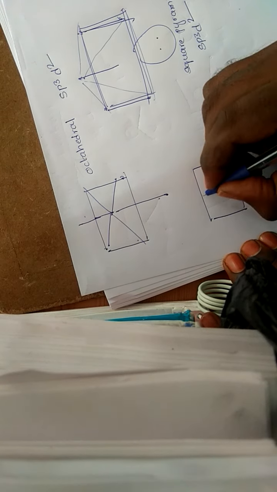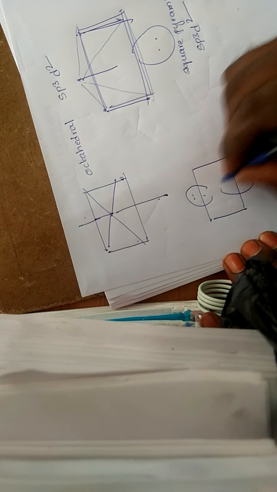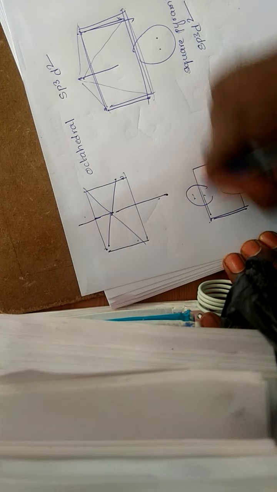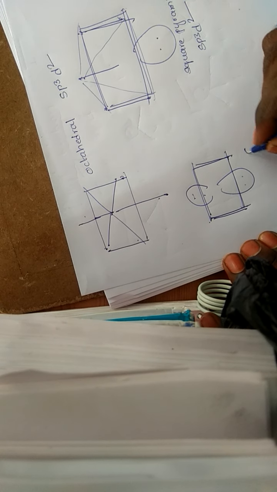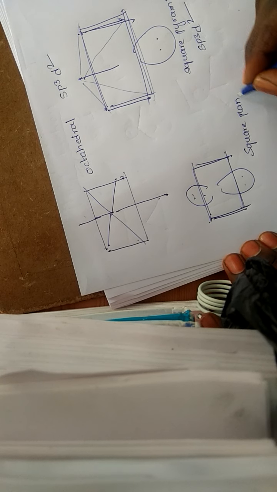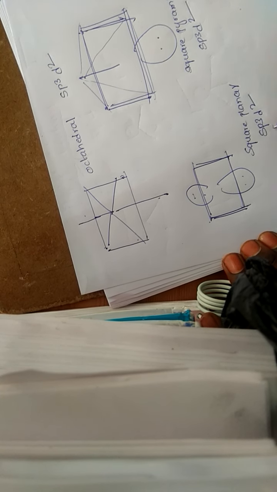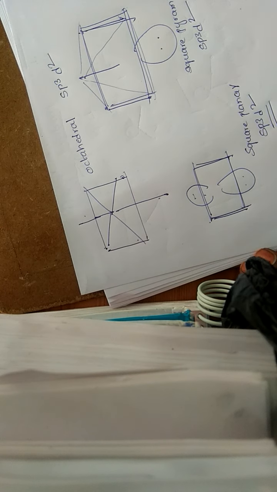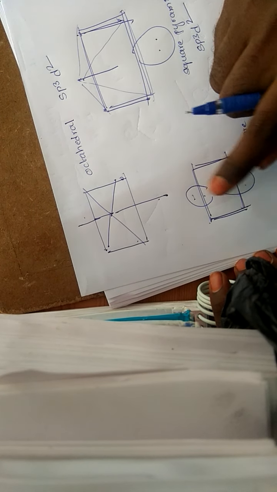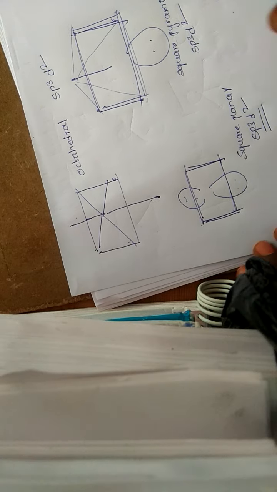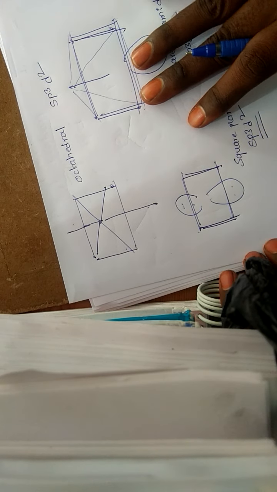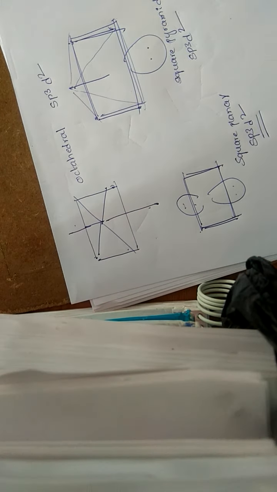What shape will I get, ma'am? What structure, with 2 lone pairs and 4 bond pairs? It is square planar, no? It is square planar, so the hybridization is sp3d2, the same as the parent molecule, because there are 4 bond pairs and 2 lone pairs. These are the basics, the shortcuts for hybridization.